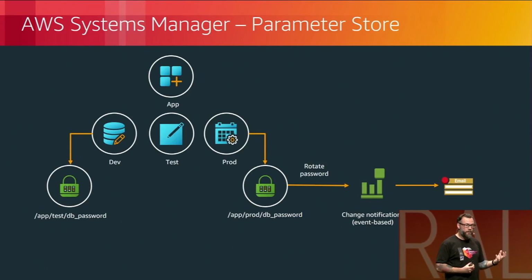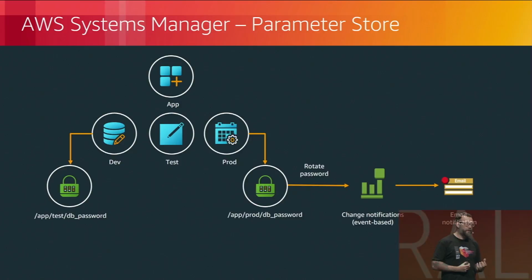And the hierarchical mechanism of storing parameters is really useful. So then we create our application code. This is just the business logic that we're interested in. And then, as you can see here, we can have particular credentials for a dev password or a test password or a prod password. So the change that is needed in our application code is minimal as it passes through